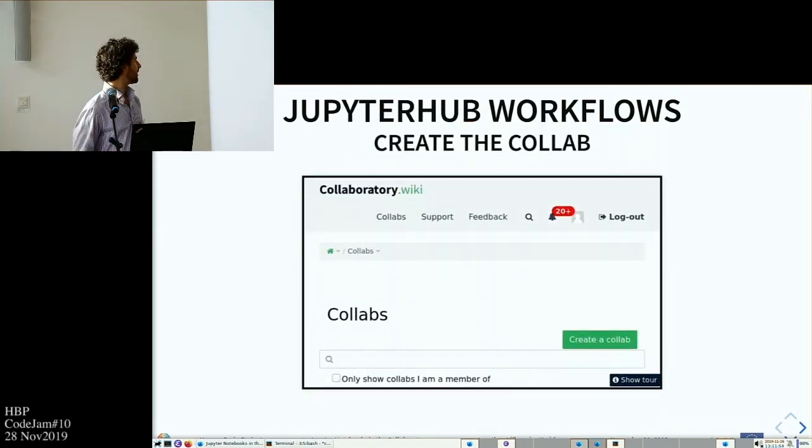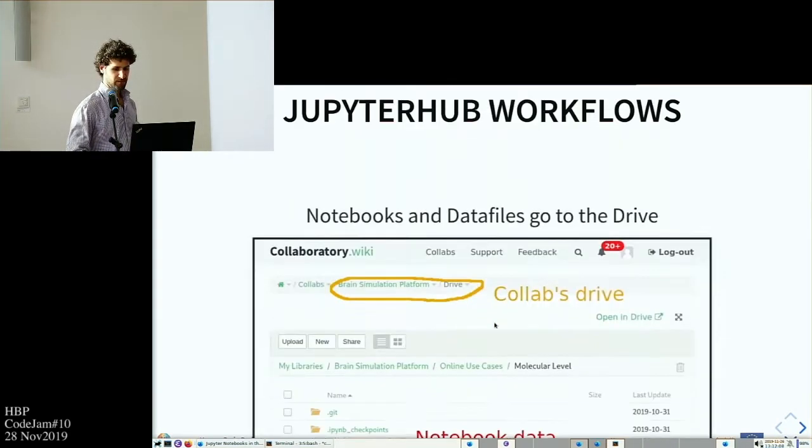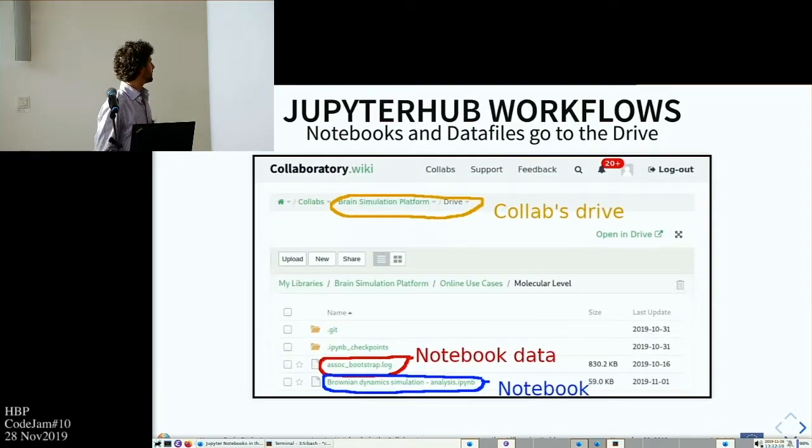So, creating the collab. If you visit the Collaboratory wiki, wiki.humanbrainproject.eu, and you're logged in, if you go to the collabs page, this is what you see. You can create a collab by clicking on the big green button. In your new collab, you should see on the left in the menu a link to the drive. If you go to the drive,